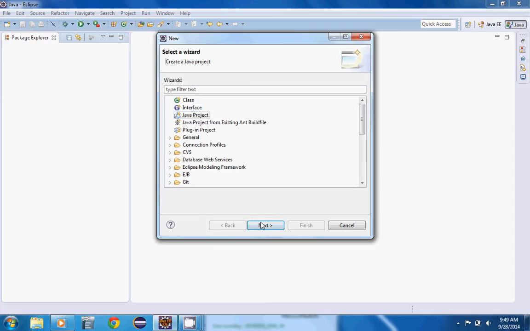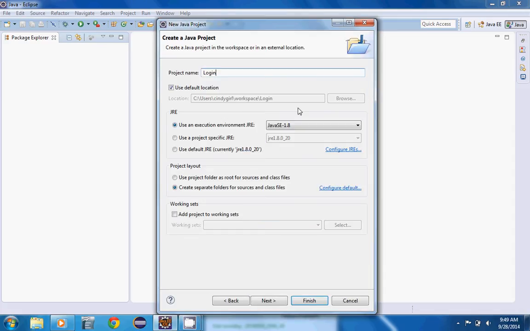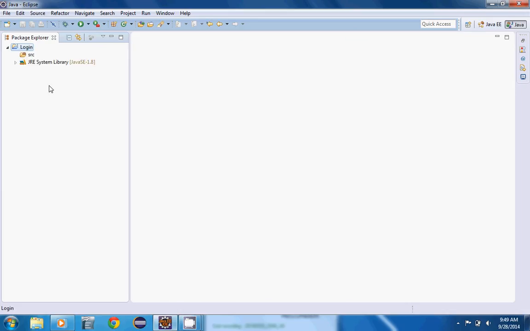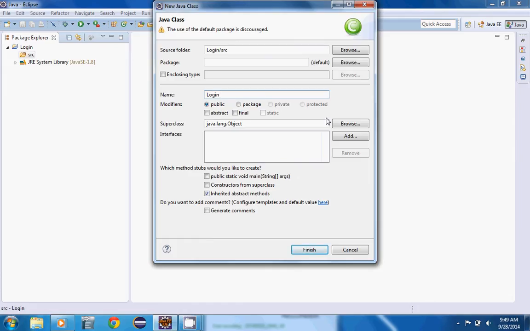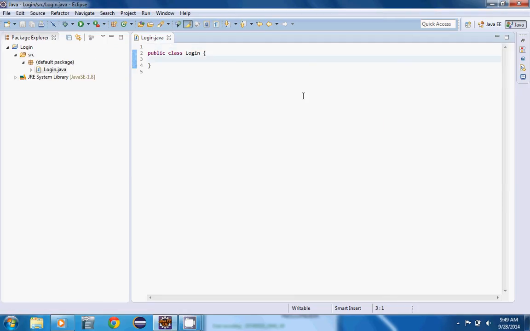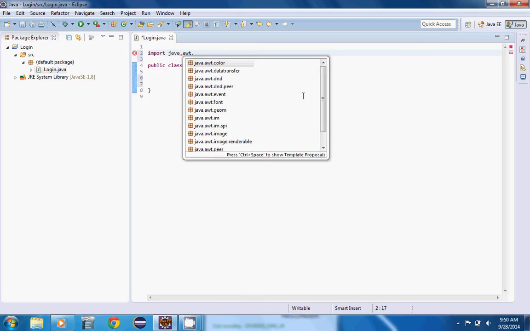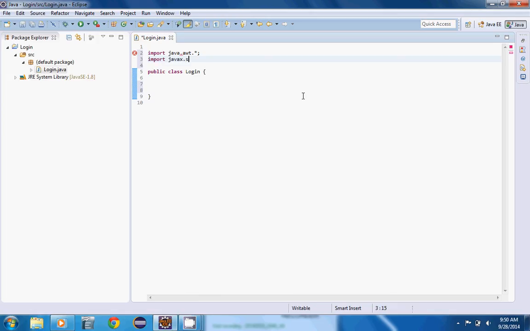Go ahead and create a new Java project and let's call it login. And then under source, new class, and let's just call it login. Okay, now the first thing I want to do is import java.awt.* and then import javax.swing.*, and from here I want to start building objects, because we need to make them available to this class